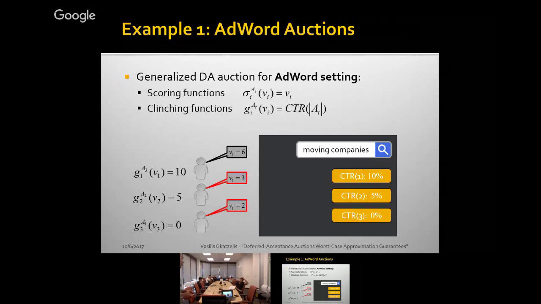One question. So what does weak group strategyproofness mean here? It's that they cannot all strictly benefit. But suppose bidders 2 and 3 all reduce their bids by 10%. There are no external transfers; I cannot pay you transfers. That's what it means. But suppose they all reduce their bids by 10%, they all get cheaper, except for the last one, maybe. I haven't thought about this example, but there has to be someone who's not better off.